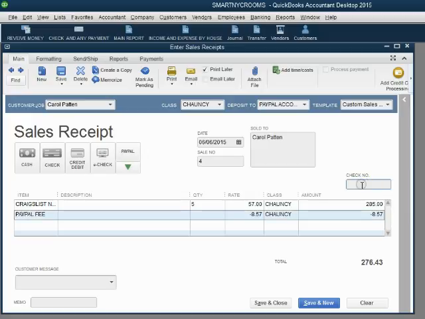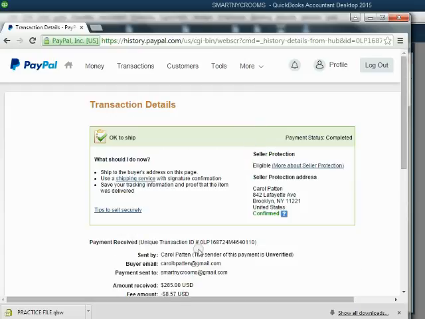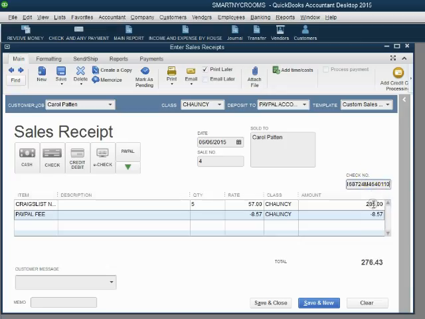Wait a minute. Don't forget the unique transaction number. The unique transaction number is up here, transaction ID. Highlight this big messy number and click copy. Come back and put it in the check number field. Paste. Save and close. Now we have the account it's coming from, the house that the person stayed, the name